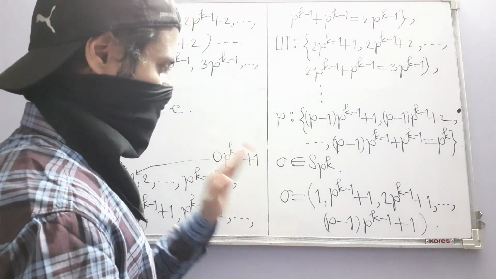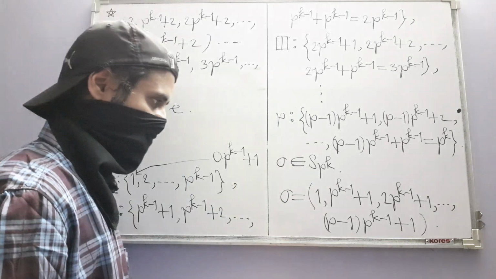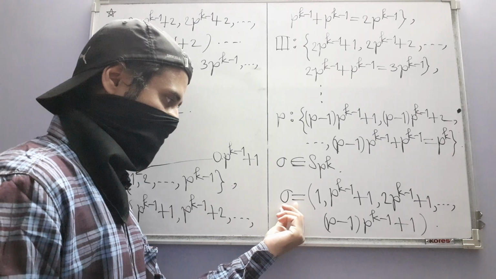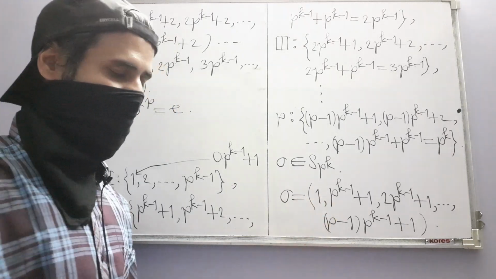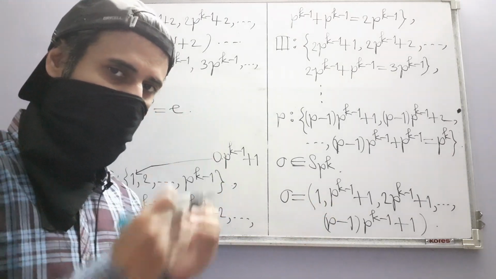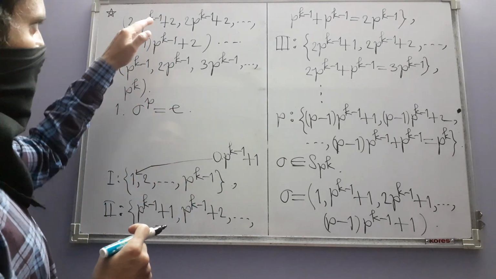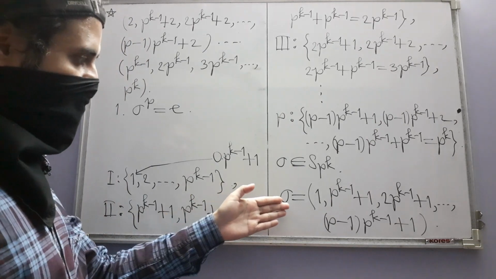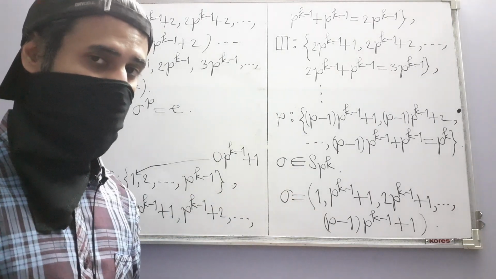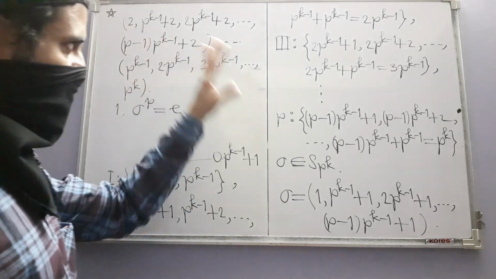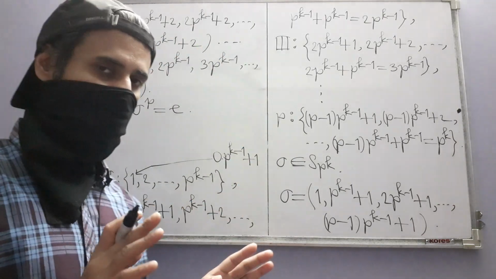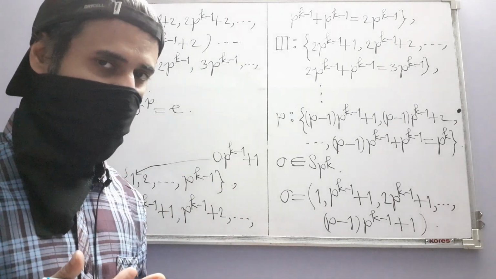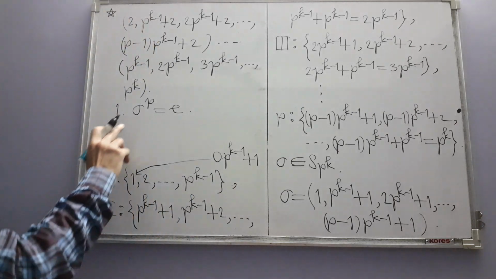You see, because we have constructed sigma in such a way that the first cycle in sigma uses only the first elements of all the clumps. The second one uses the second elements of all the clumps, and so on. So sigma is a product of disjoint cycles. These cycles are all disjoint. No two cycles have any element in common, and that is why they commute among themselves, which means that the